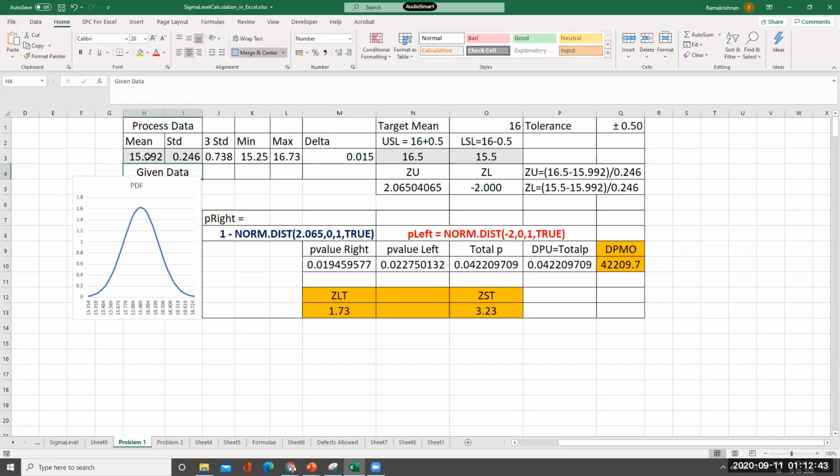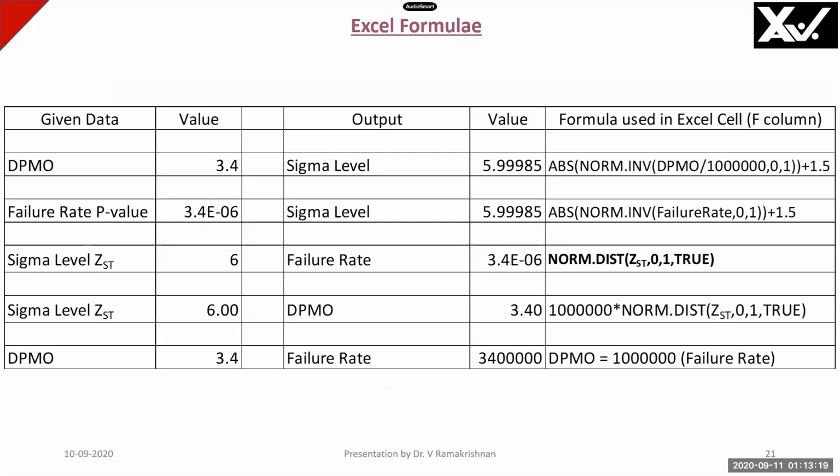So all you need is the mean and standard deviation for the process, and the target limits, that is the upper and lower specifications. Then it will do this just by substituting in this formula. Here I have used this formula 1 minus, because the area to the left is given by this formula. Since the Z value is positive, I have to get the right hand side area by subtracting from 1. For this, since it is negative on this side, the area to the left is already given here. Therefore, I don't have to subtract from 1. I think that is the reason for subtracting from 1.